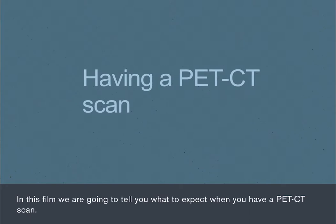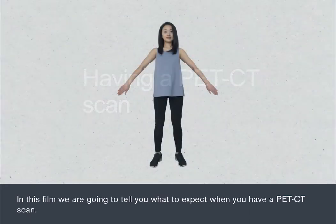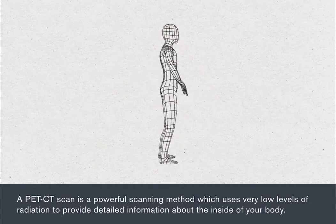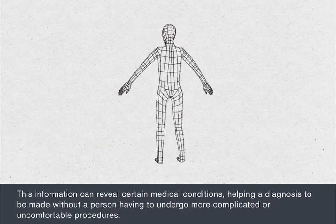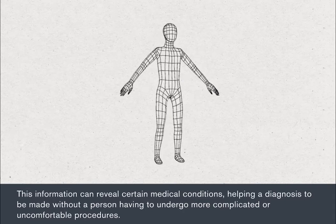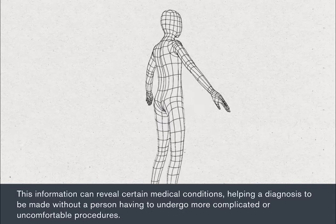In this film, we're going to tell you what to expect when you have a PET CT scan. A PET CT scan is a powerful scanning method which uses very low levels of radiation to provide detailed information about the inside of your body. This information can reveal certain medical conditions, helping a diagnosis to be made without a person having to undergo more